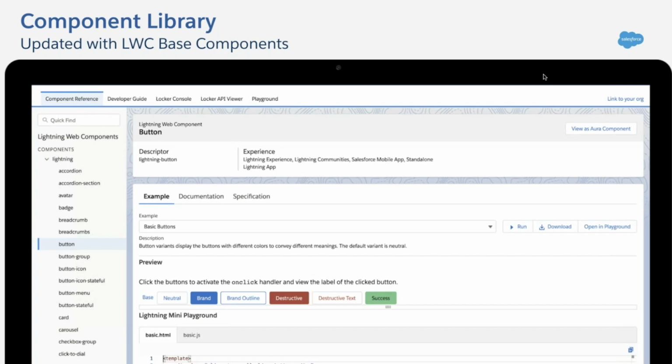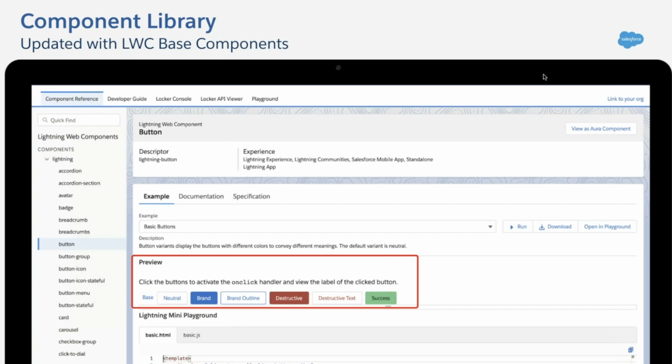You can see both the Aura components and the base components, and also the components that are there in your organization. So you can see the complete reference of the components, and you can also filter the components using that quick find box. For instance, if you are searching for button, when you search for the button, you can see the description of the button on the right side. And you can also see an example. And you can also see the preview of the component, how it looks when you render that component.